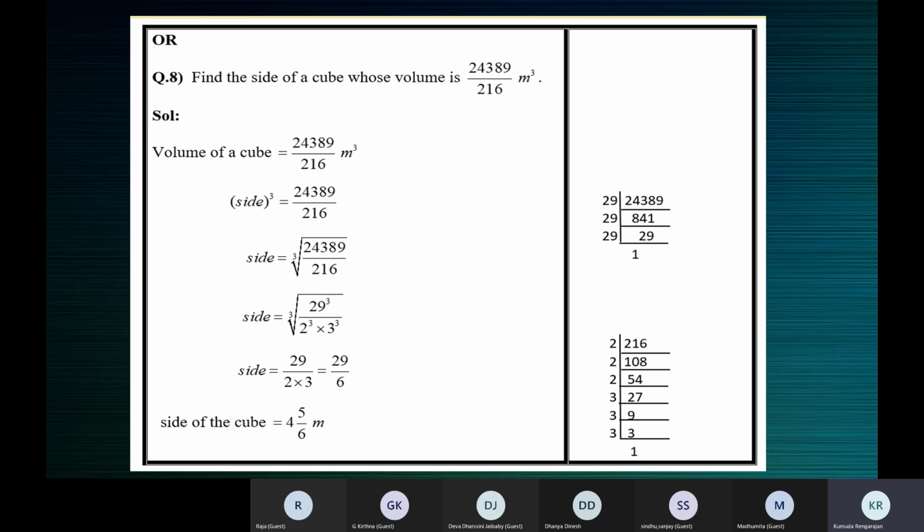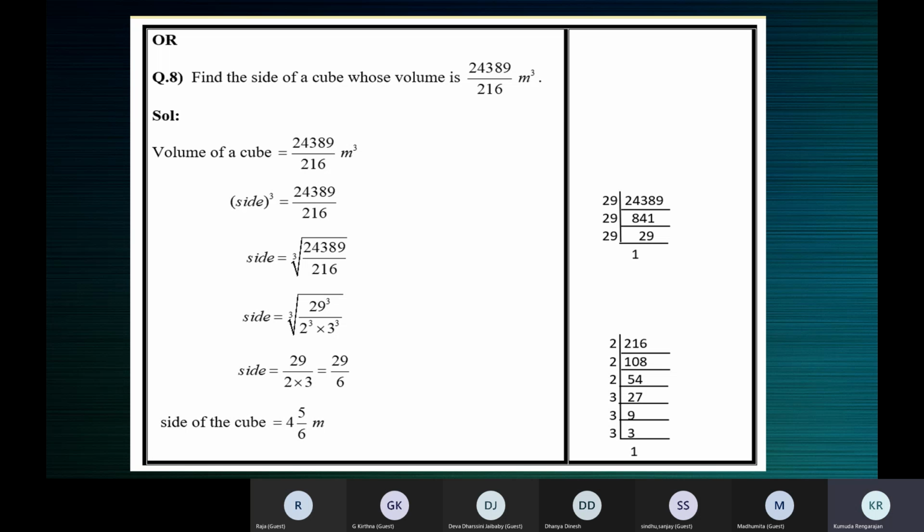So you need to find the number which, when multiplied with itself 3 times, will give you 9 in the end. That can be 9, 19, 29. Not 39, because 39 is not a prime number. You will not use 49 also, because 49 is not a prime number. 59. If the product of a number multiplied with itself 3 times should give you 9 in the end, the number also should end with 9.